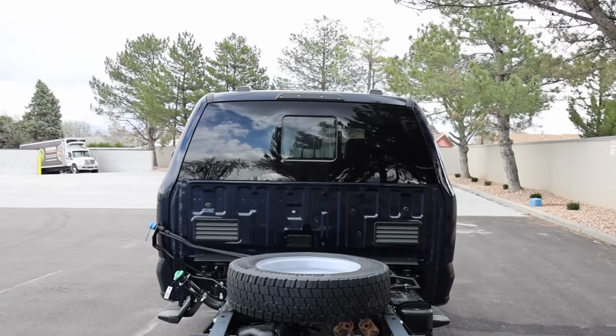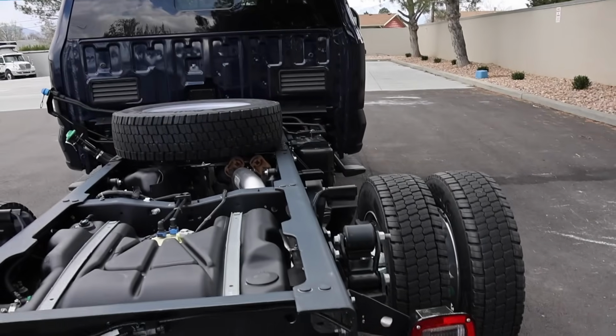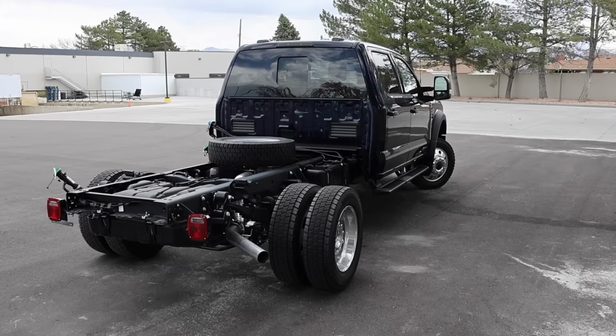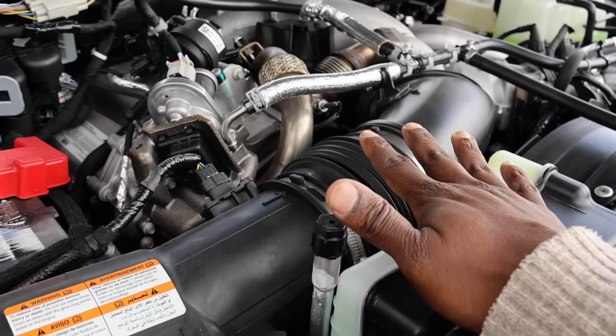For 2025, however, that power sliding glass is now an option that used to be standard for Lariat trim. Not sure why they did that, however. There aren't any powertrain changes for 2025. So this is the optional